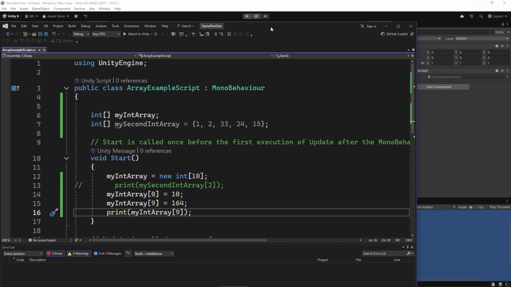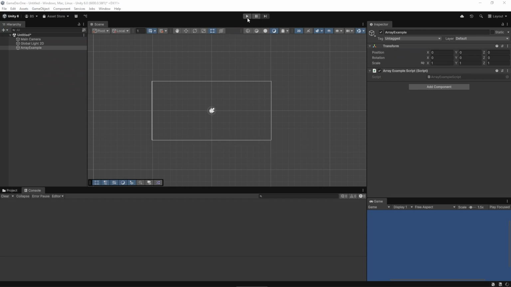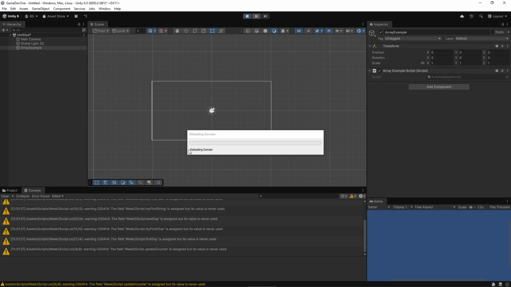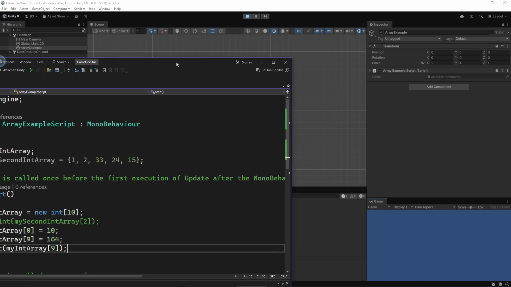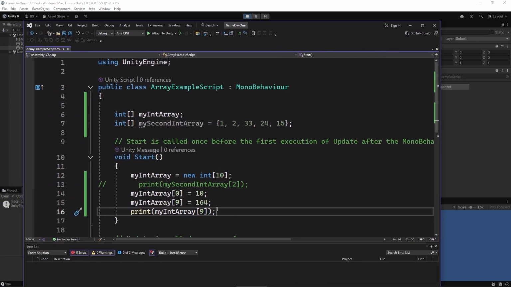And I'm going to move this out of the way. And then we're going to hit play. And when we do, we're going to see that the value of 164 is now being printed out. Okay, awesome. So if I try and print out another value, let's say I try and print out one that